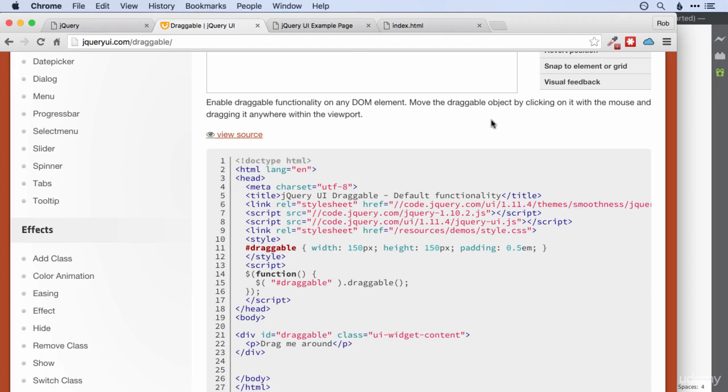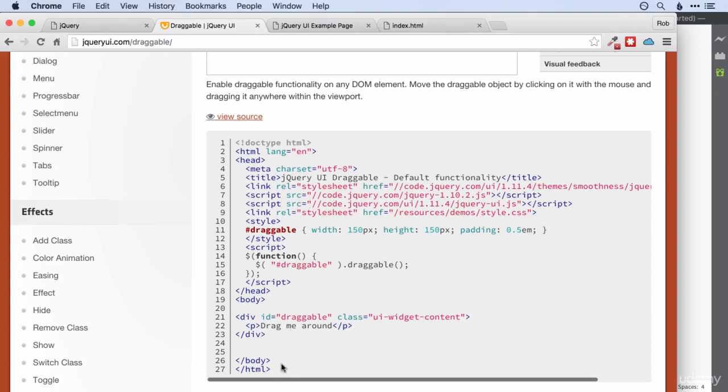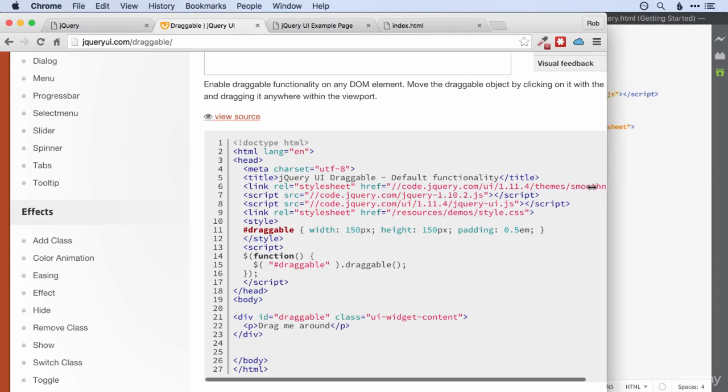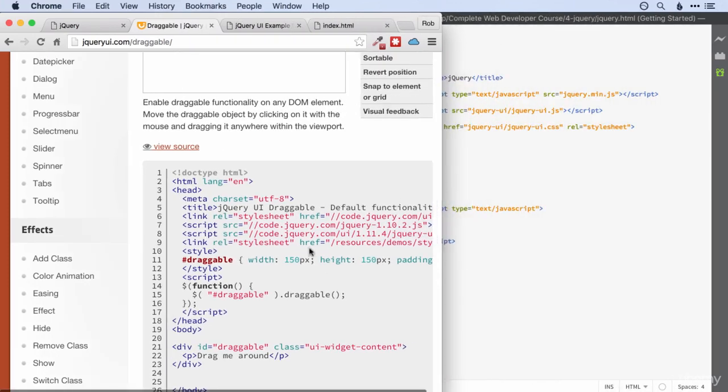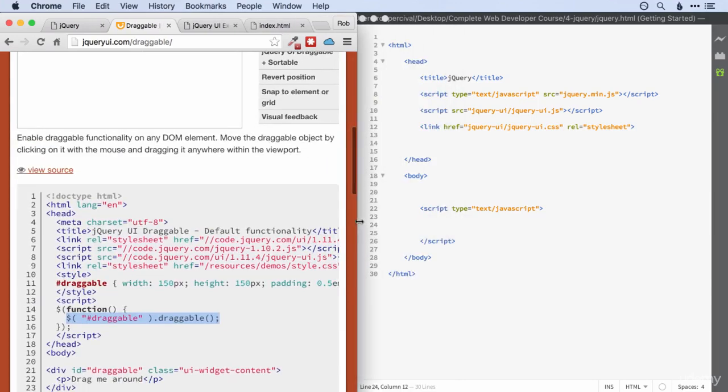All right, I hope you managed that. Some of you may have noticed that you could have just copied and pasted this whole code and popped it into your HTML file, but that would have been slightly against the spirit of the thing. So let's try and do it ourselves. It certainly looks to me like the key line that we're interested in here is this one here, which looks to me like it takes the element with an ID of draggable and makes it draggable by applying the draggable function to it. So let's just copy that line of code